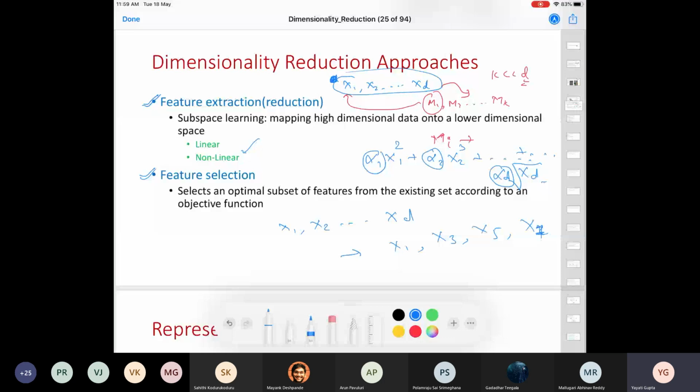Instead of using all these D features, I use simply 4 features to do my task. How do I determine the importance of these features? Obviously, I would want to know which features are important to model my task, so only those features I would pick. This kind of technique is called feature selection, where you select a subset of your features to do your task, and these features come directly from your original data set.